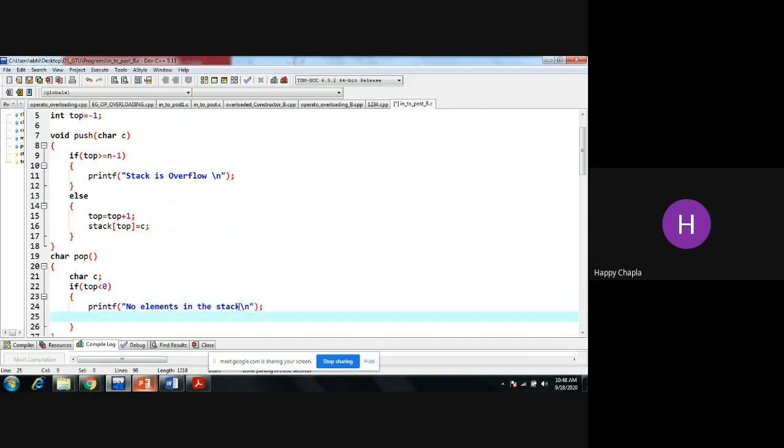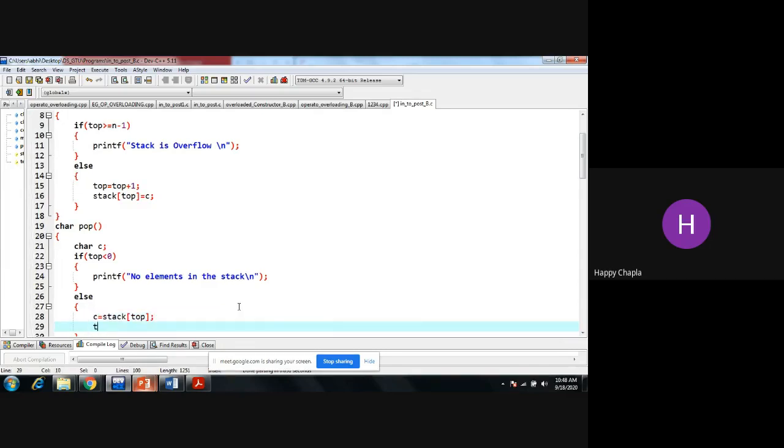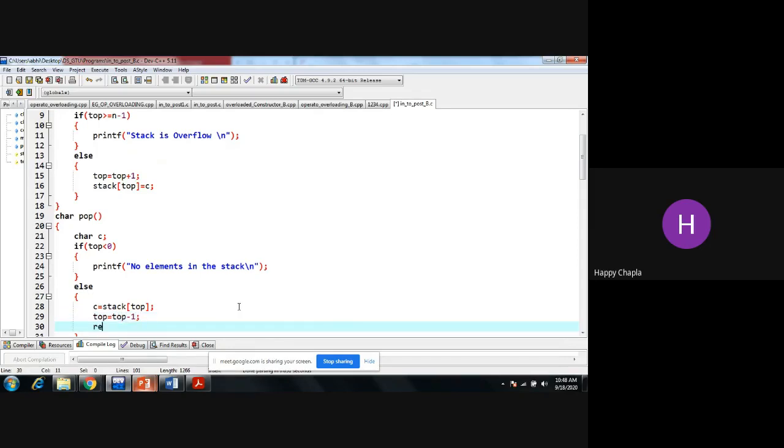And in the else section, whatever element we have at the top of the stack, we just need to store into C. Top equals top minus 1, as well as return C. Okay, so whatever element is present on the top of this stack, I am returning using this function, right?